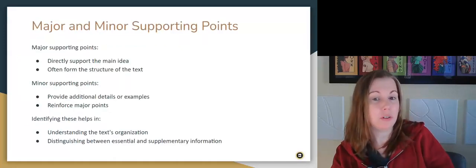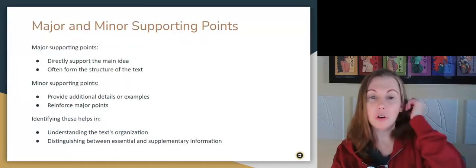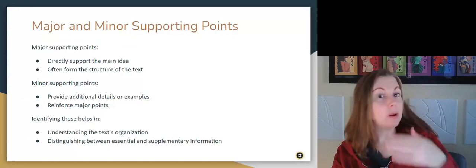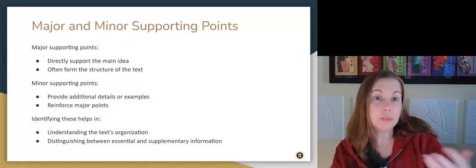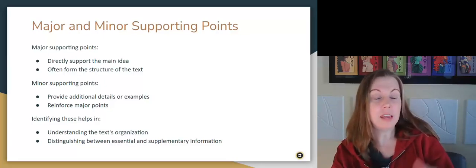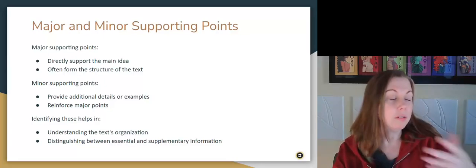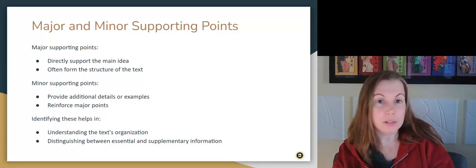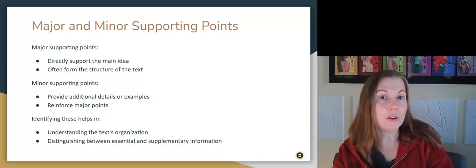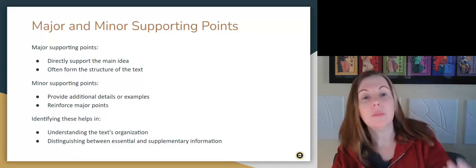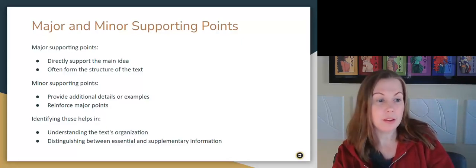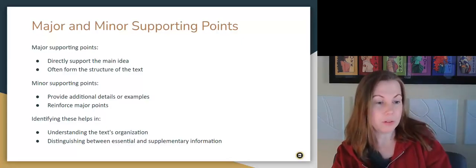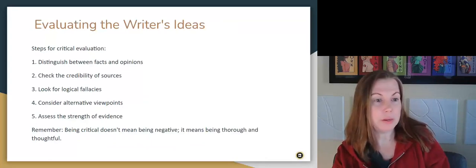And then that brings us into the major and minor supporting points. So as you read through the essay or as you are writing your essay, you have to back up what you're saying. You can't just say, believe me, cell phones should be banned. People need to know that you're an authority in this. And the way you show you are an authority is through the major and minor supporting points. So I'm just going to briefly let you look at that for a second and go on to here,